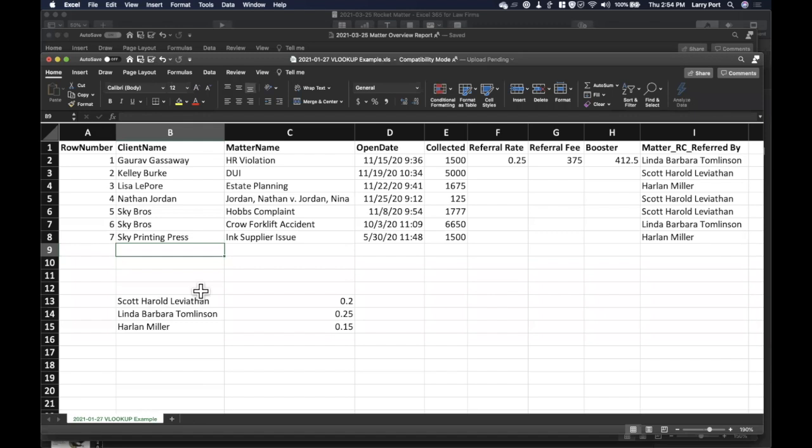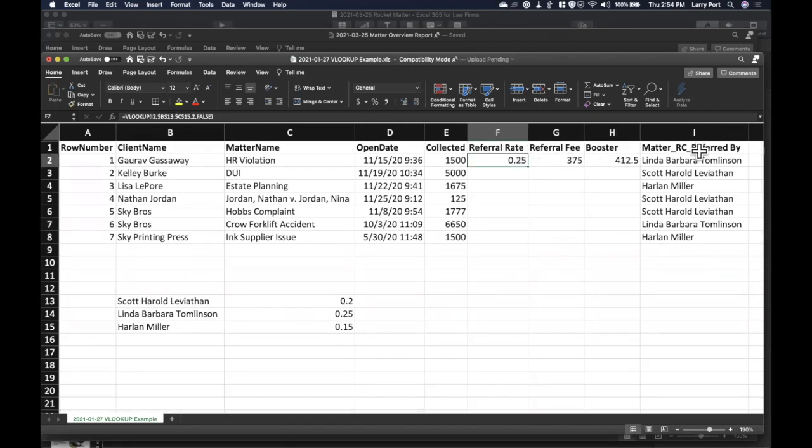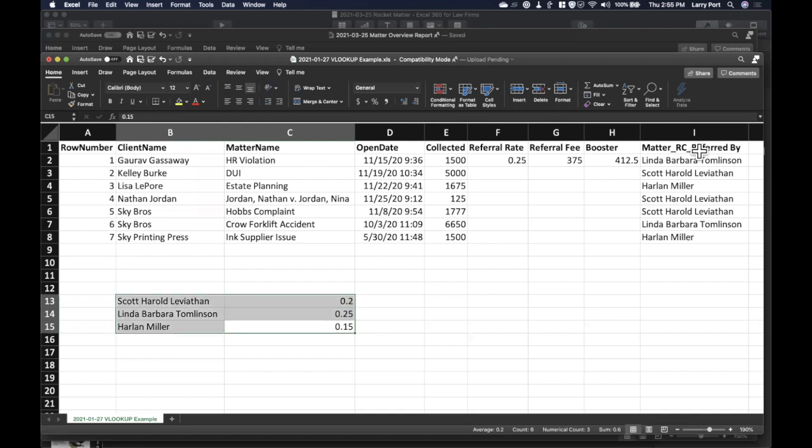So basically, if you see this here, I exported something from the Rocket Matter Business Intelligence tool that's a referral report, and I see who it's referred by. And let's just say that I have this table here that says, okay, Scott gets a 20% referral rate, Linda gets a 25% referral rate, and Harlan gets a 15% referral rate.